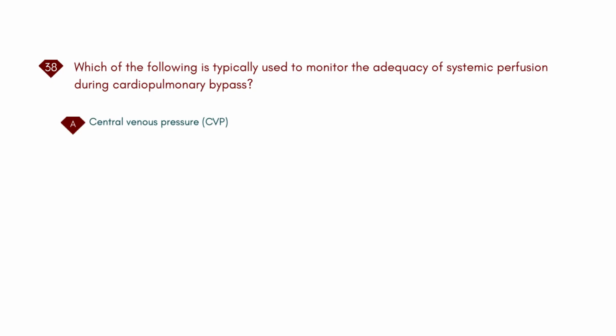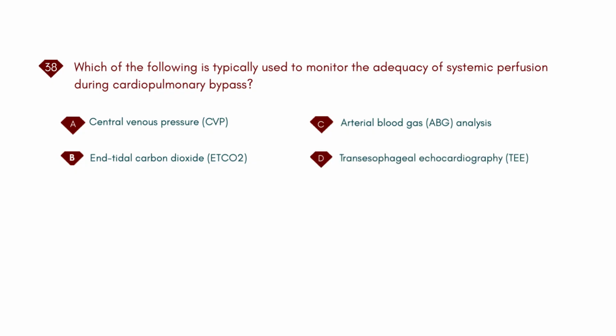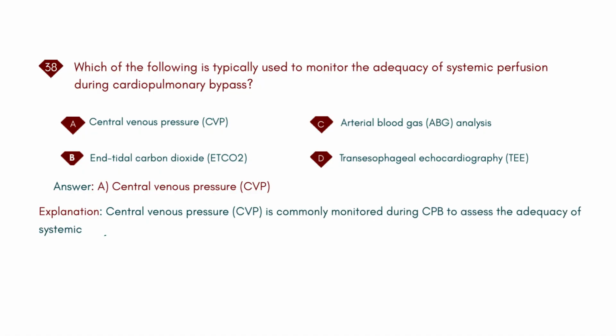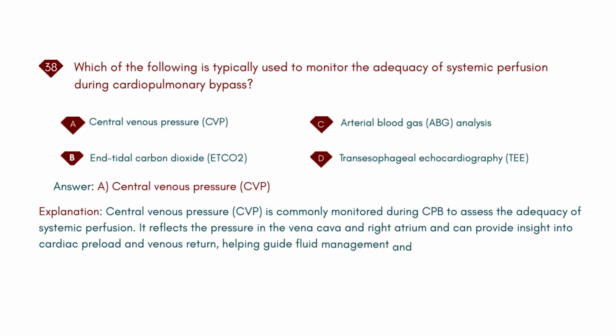A. Central venous pressure, CVP. B. End-tidal carbon dioxide, ETCO2. C. Arterial blood gas, ABG, analysis. D. Transesophageal echocardiography, TEE. Answer: A. Central venous pressure, CVP. Explanation: central venous pressure, CVP, is commonly monitored during CPB to assess the adequacy of systemic